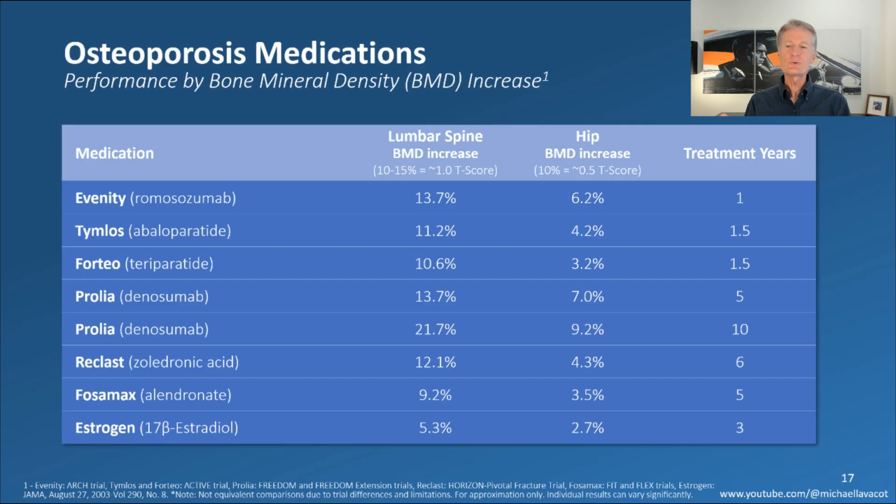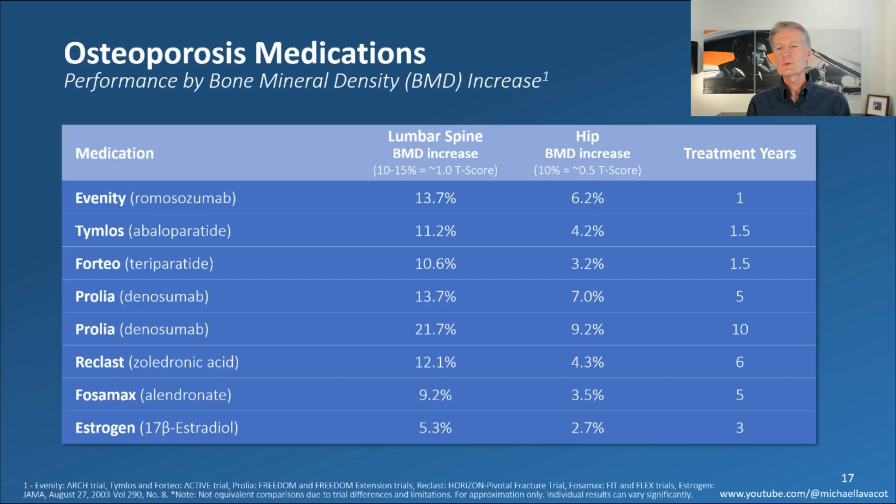Okay, and then the next two, Reclast and Fosamax, they're similar drugs, similar acting type of drugs. Reclast is more powerful, lasts longer in your system, and you can see the gains that you get from that in the 5-6 year time frame. Now, the hip, what's not shown here, and I have it in the backup, is the hip numbers really happen at about year 3 to year 4, and then they start going down. So you have to keep that in mind. These drugs, Reclast and Fosamax, are really only designed to be used for 2-3 years, 4 years maybe, at a time, and I'll talk more about that.